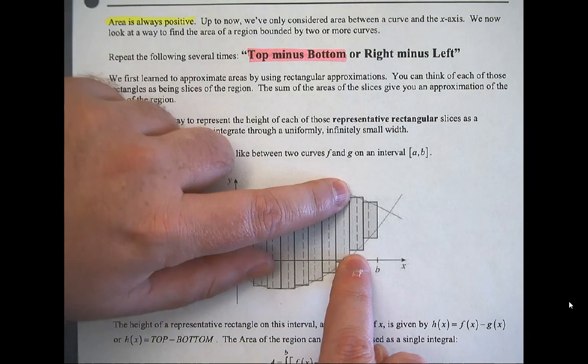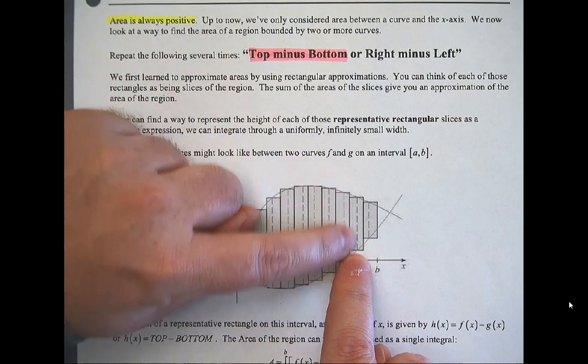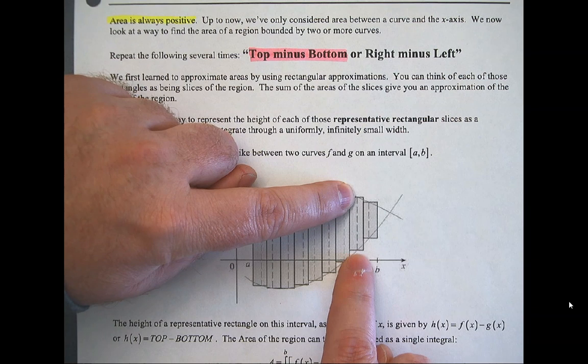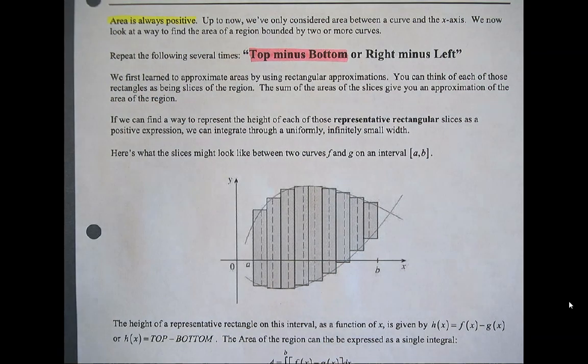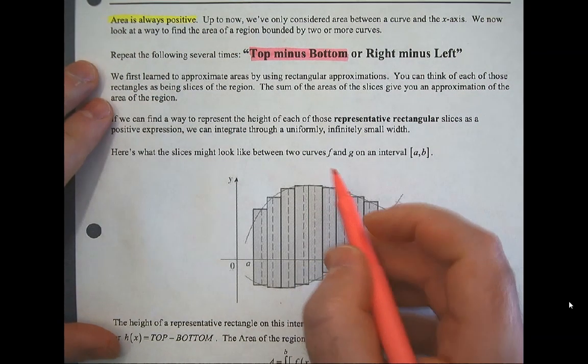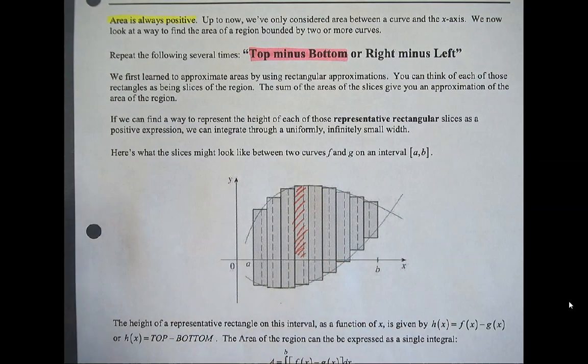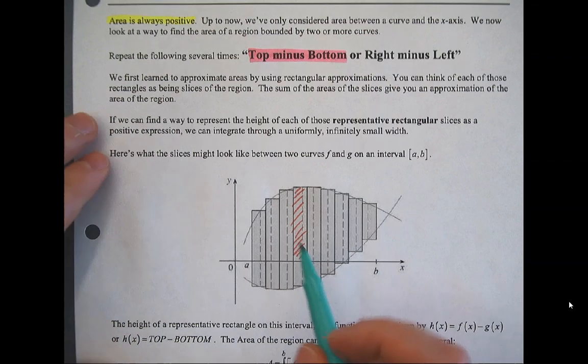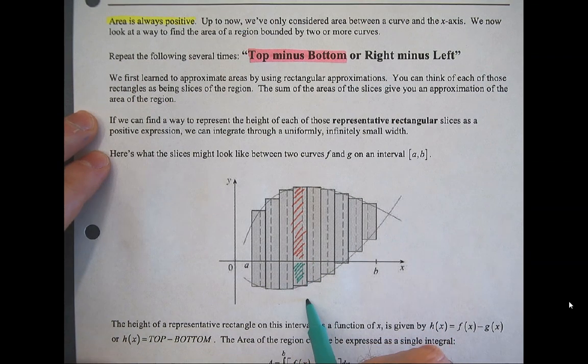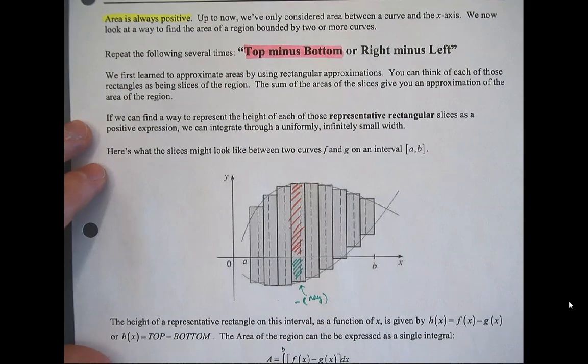Same thing over here, but in kind of the opposite way. We have this height here, but this time the area underneath the curve is above the x-axis, so we want to subtract off that little area underneath the curve. So in this case, let me try this again. In this case, I want to take this area, and I want to take this area. Now this area is negative, so when I subtract that negative, I actually add it on to that,